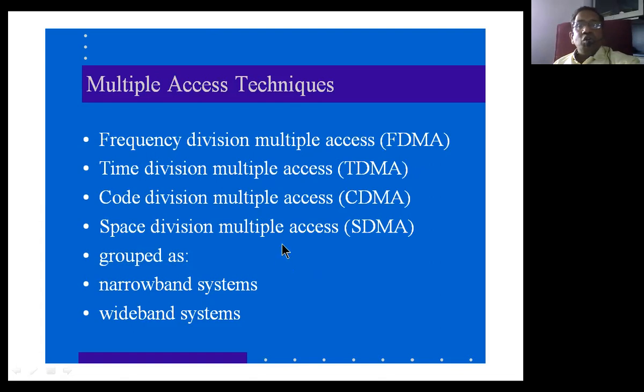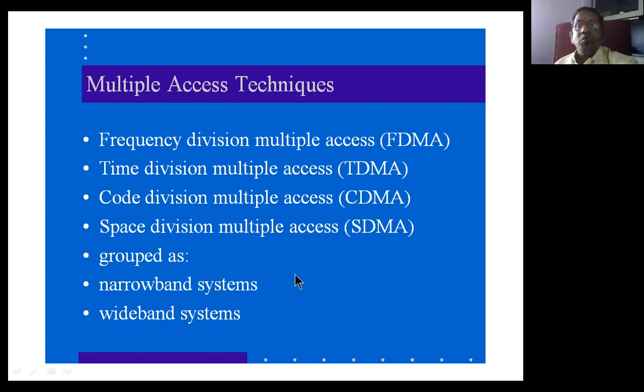Then the other part is the multiple access techniques, which are used at the base stations to radiate the EM wave into free space. By implementing these techniques, a single resource is shared among multiple users. The base station is something like the central processing unit of a computer. In a computer you have a CPU, and the CPU provides service to many other subsystems connected to it. Similar to that, the base station provides services to the users.